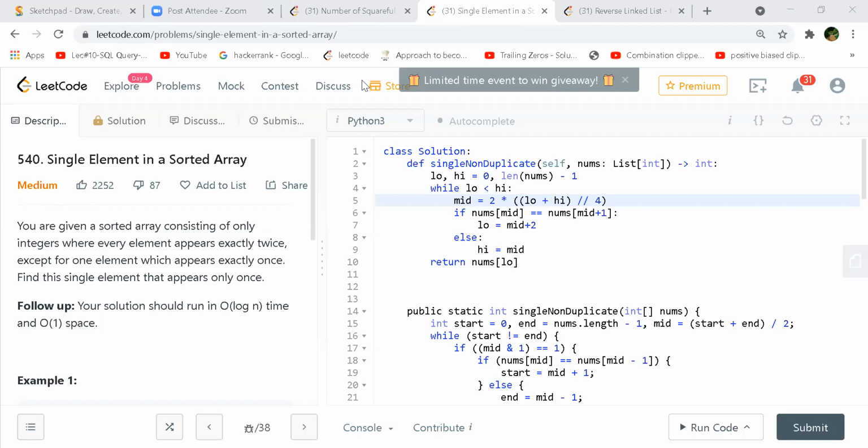So 6 plus 9 makes 15, but since 10 is the limit, it will represent something like -5 or -10. That overflow causes a negative number. The mid will now become negative, and that will cause a lot of exceptions while accessing the array.